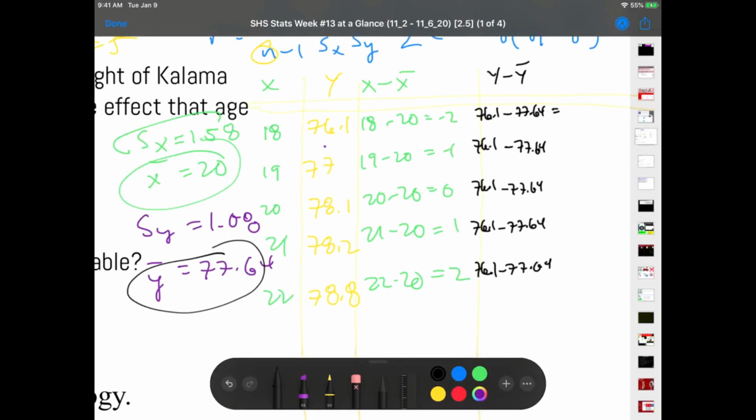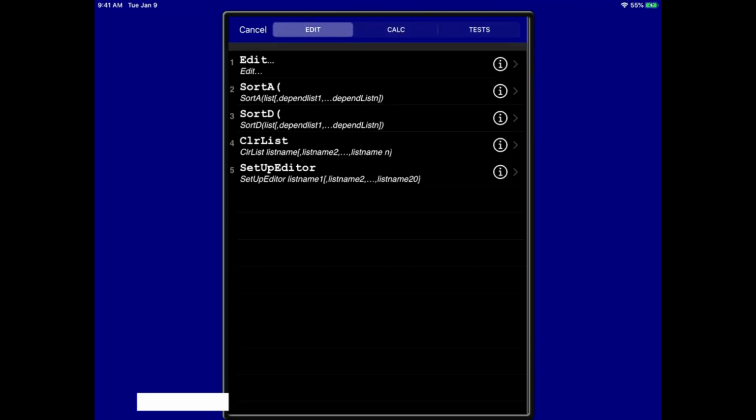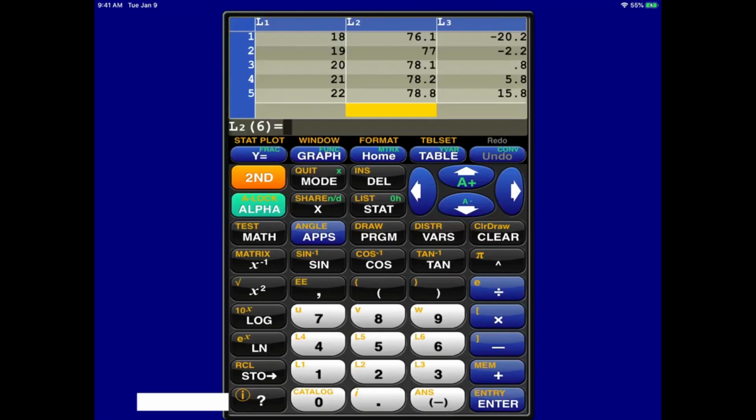Let me show you guys again how to use this list aspect. Super helpful. Alright, I'm going to go back to my list. I'm going to go to Stat, Edit. I'm going to use an empty list, so I'm going to go up to List 3 and press Clear. With L3 highlighted, I'm going to press